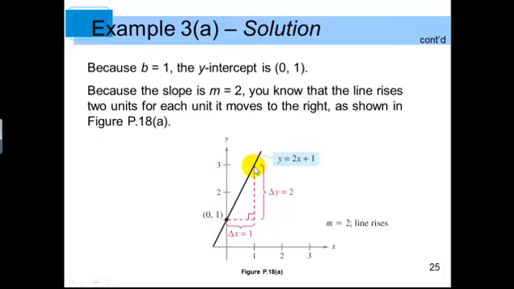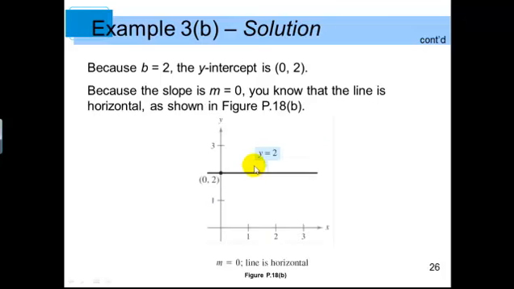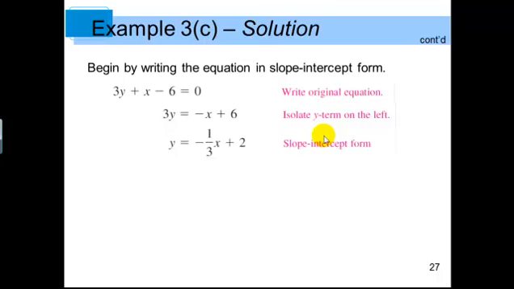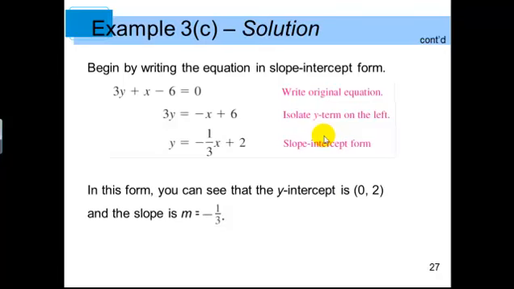Go over 1, up 2, and that'll find you another point. y equals 2x plus 1. y equals 2 is a horizontal line with no slope. And if you get a different kind of equation, solve it for y. Now you know the slope is negative 1/3, it's going down, and 2 is my y-intercept. And that pretty much summarizes what we're